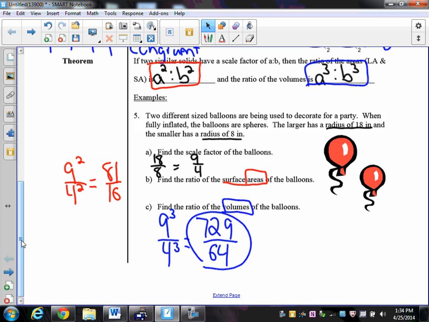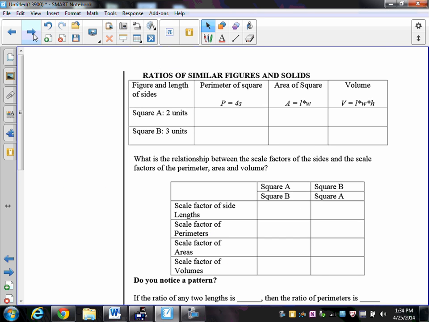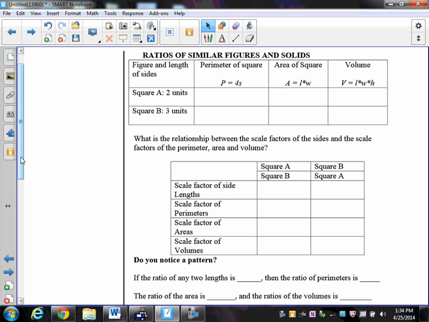That's all you have to do with those. We'll be doing more examples on pages 2 and 3. So if I want to fill out this chart here, we want to find the ratios of similar figures